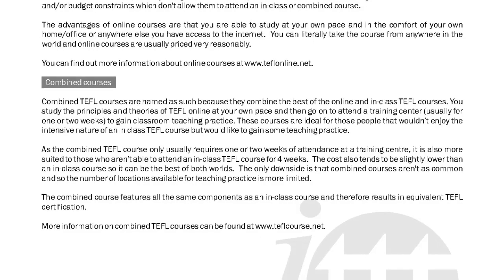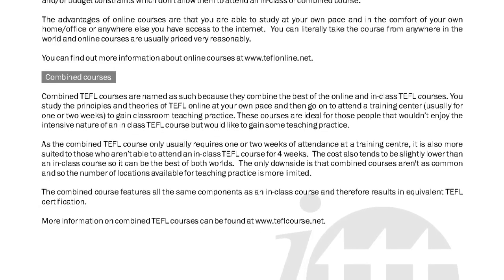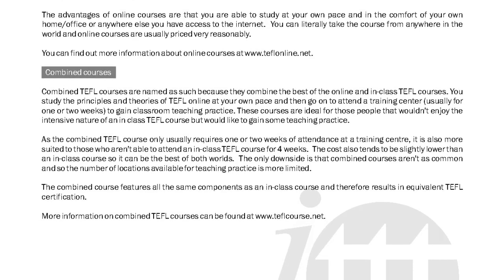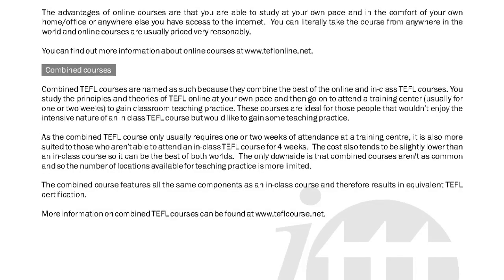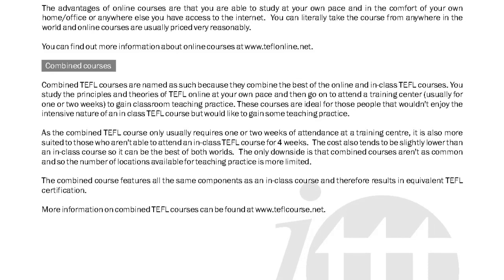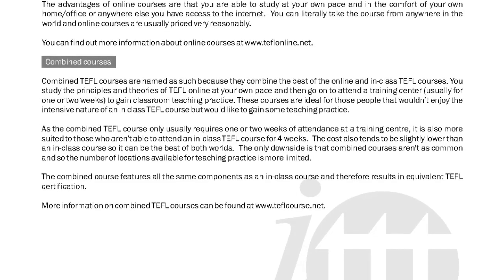As the combined TEFL course only usually requires 1 or 2 weeks of attendance at a training center, it is also more suited to those who aren't able to attend an in-class TEFL course for 4 weeks. The cost also tends to be slightly lower than an in-class course, so it can be the best of both worlds.